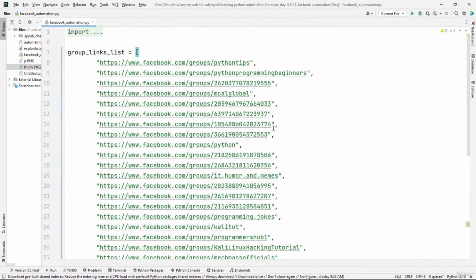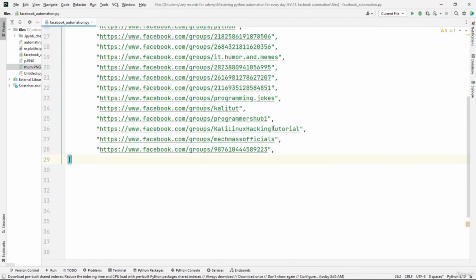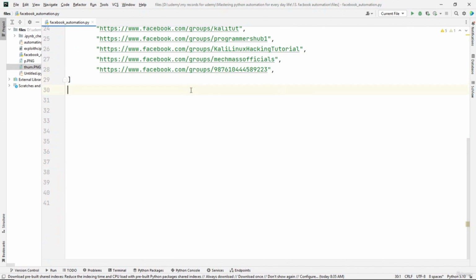Okay, now I have all of them in double quotes, and the next part is to have a message and also the link. So I'm going to create a variable, name it message. It is going to be equal to, if you want to write in multiple lines, you can put them in this, like this quotation mark. So here I can write, for example, hello friends,